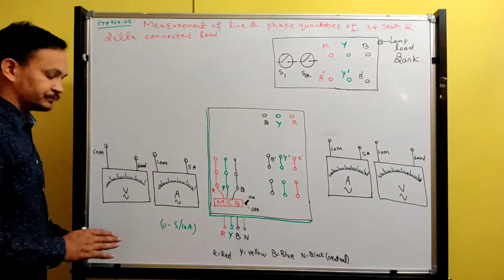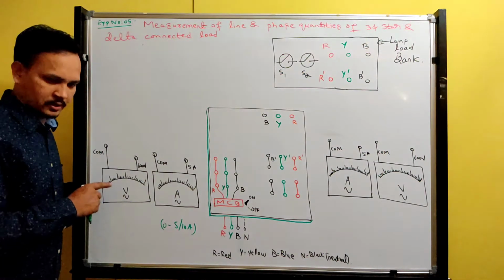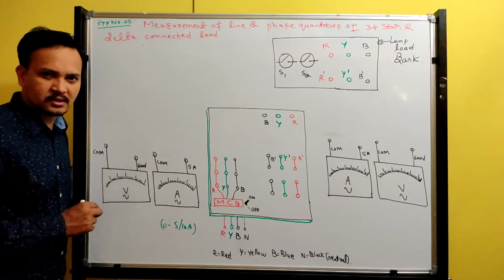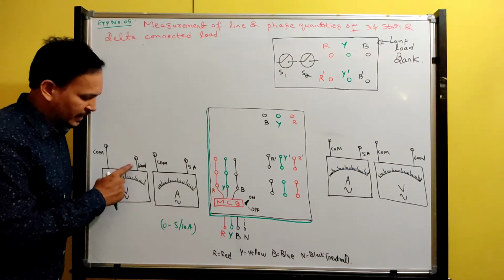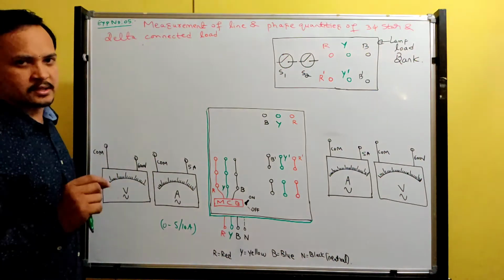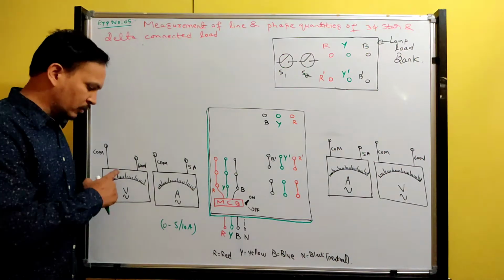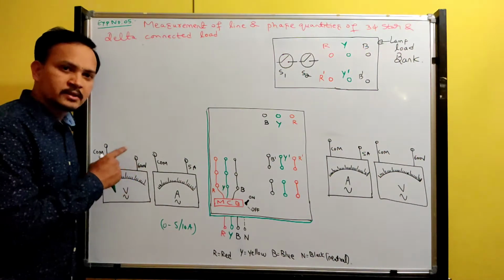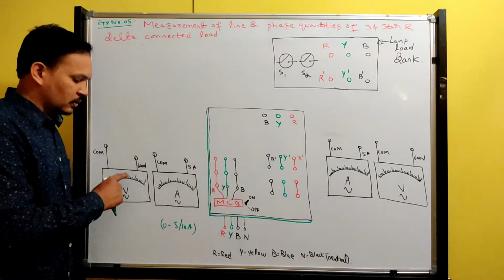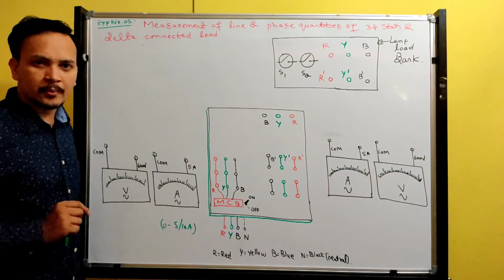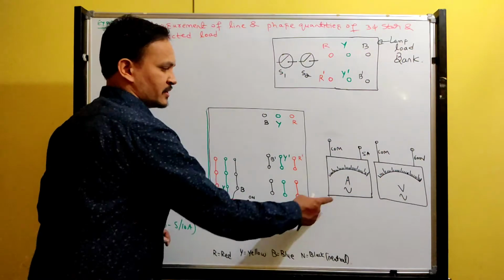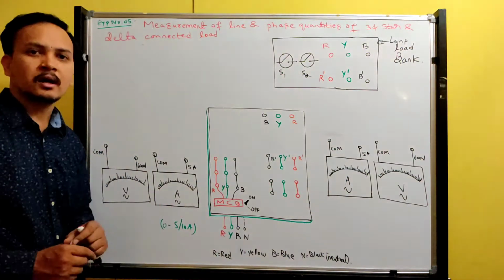Okay. Similarly, in the voltmeter we have 3 terminals. One is the common terminal, the other 2 terminals are voltage terminals. We have a 300 volt option and a 600 volt option. Since we are working on three-phase AC supply, the voltage is 415. How can you take the 300 volt option? Obviously you have to take the 600 volt option. Keep in mind, if you are working on three-phase supply, select the 600 volt option in the voltmeter. Okay, got it? So another ammeter, this ammeter will measure phase current, this ammeter will measure line current.